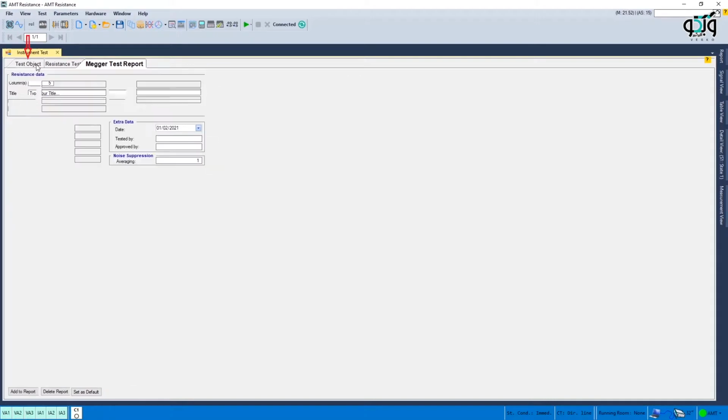Test object tab. To perform a test, every module needs information about the equipment. This information is entered in test object. In the resistance data section, the general information about the piece of equipment which is to be recorded in the output